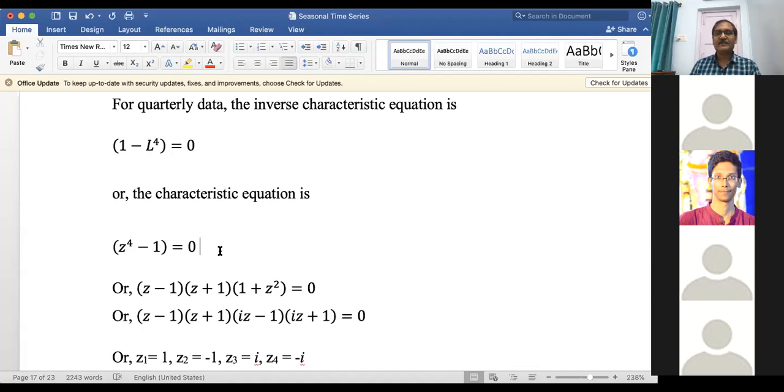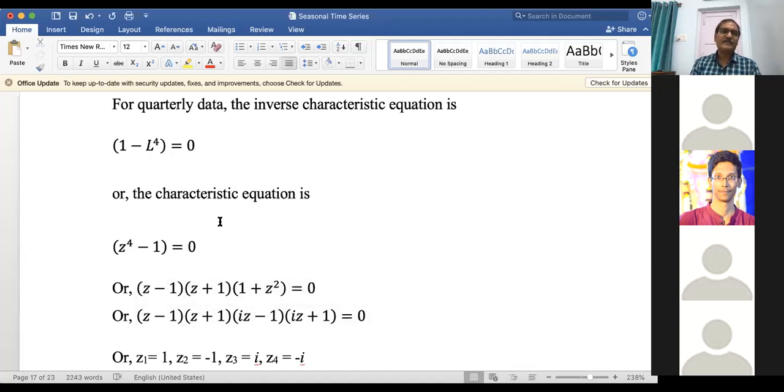But if you have quarterly data, you have more than one unit root, even if the series is AR1. We discussed in our beginning class in time series that an AR1 series contains a maximum of one unit root. This statement is valid only for annual time series data. So if your data has no seasonal frequency, AR1 will contain a maximum of one unit root. But in the case of a seasonal time series, you will get more than one unit root, even in the case of AR1.